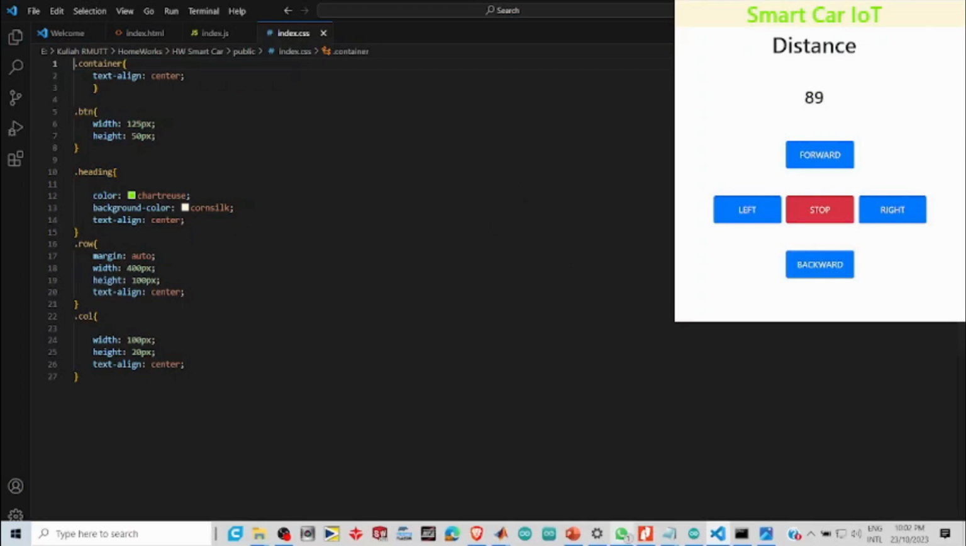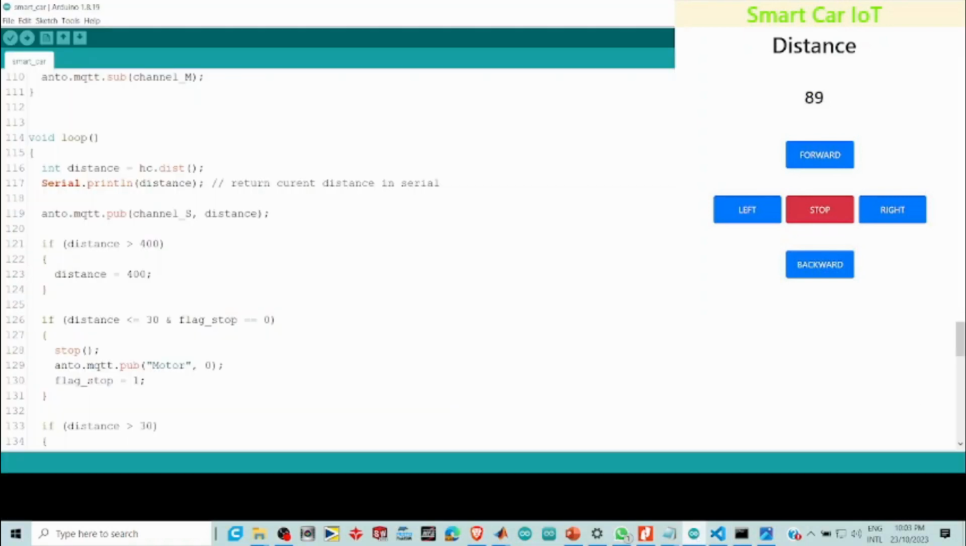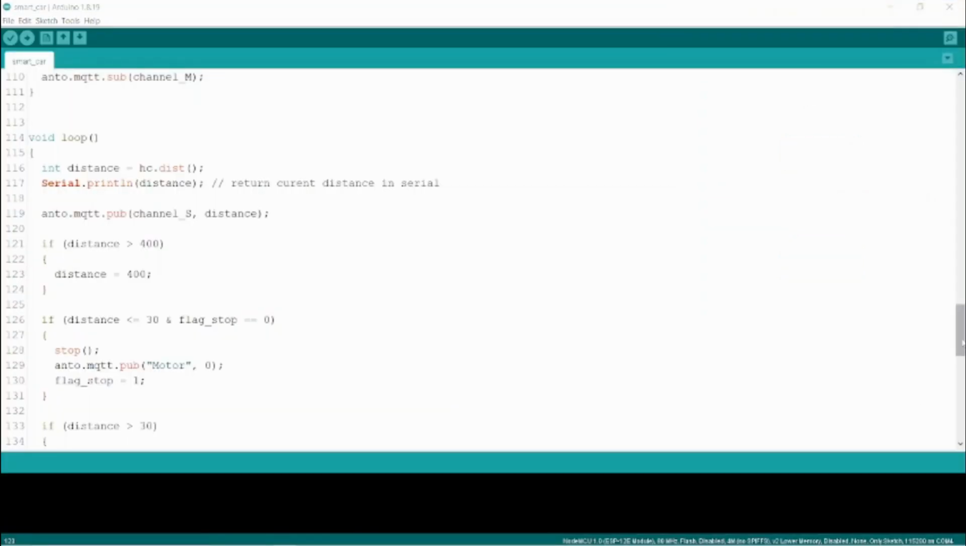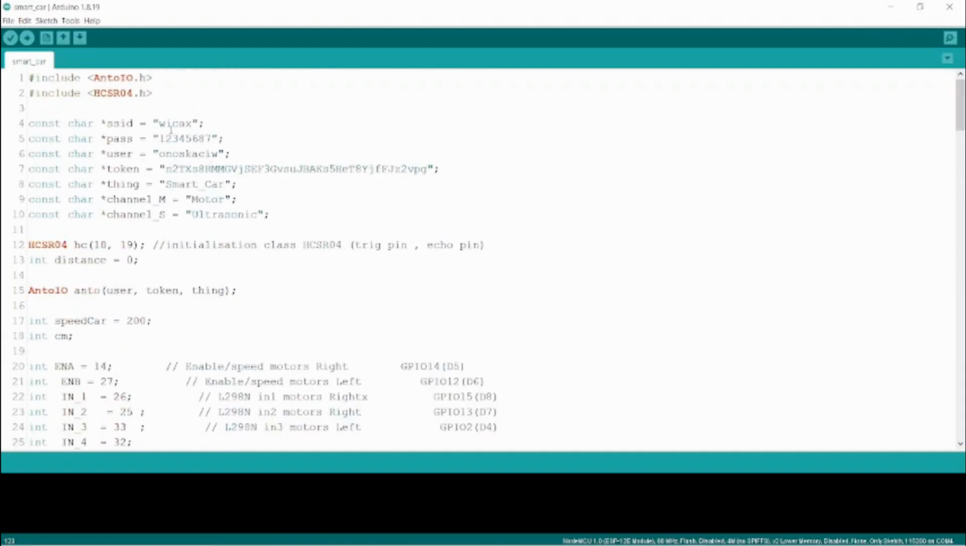Next, we can go to the Arduino code. Here is the Arduino code. In the Arduino code, I use two libraries. First is Ento.io, and second is HCSR04 for the sensors. Here, same as the previous project, we have to set all the connection details: SSID, password, user